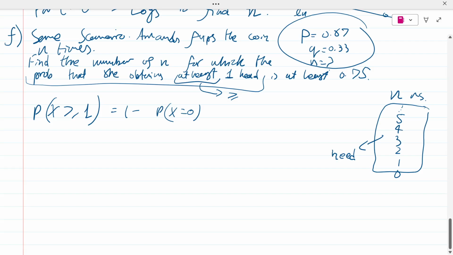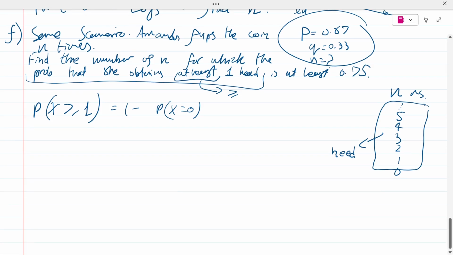We can do it the right way. We can do it that way, right? If you don't understand, I'm going to say it again. Look, the probability that she obtains at least one head is equal to 1 minus the probability of obtaining a 0, or the probability of obtaining no heads at all,